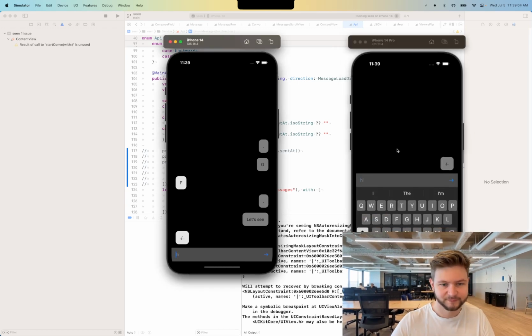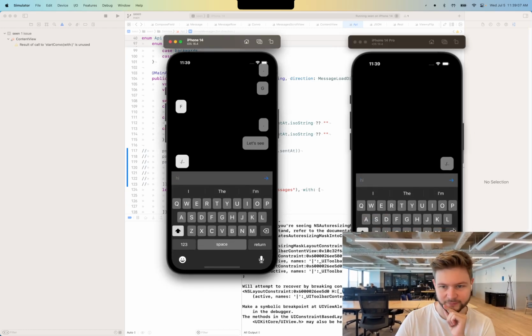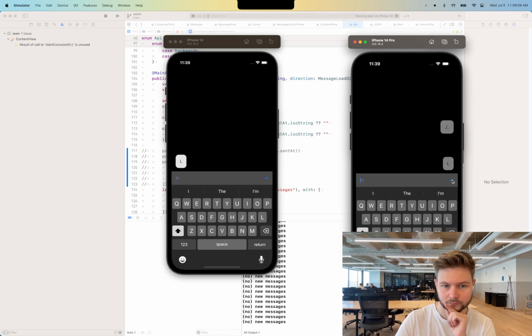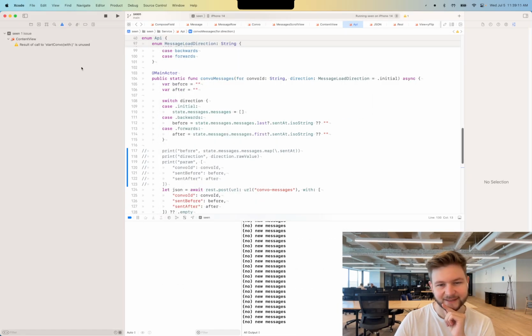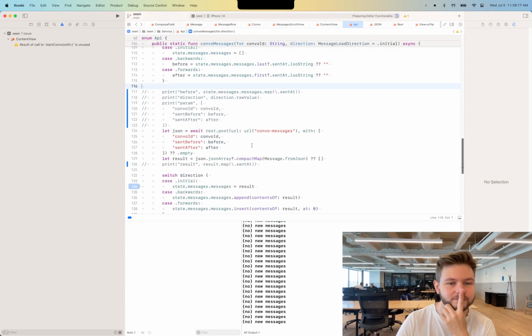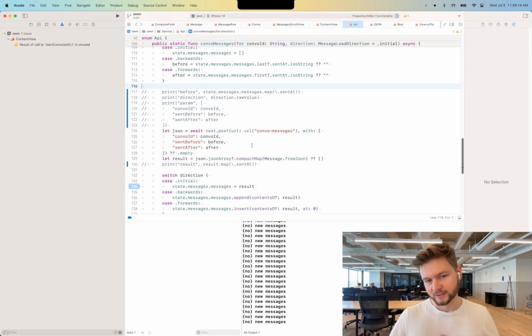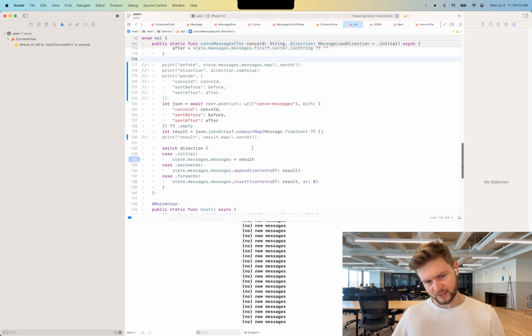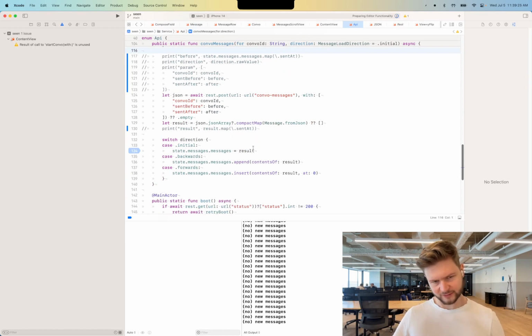But I guess let's just use the on-screen keyboard. Okay, almost. Okay. We run into an infinite loop as soon as we get one message,